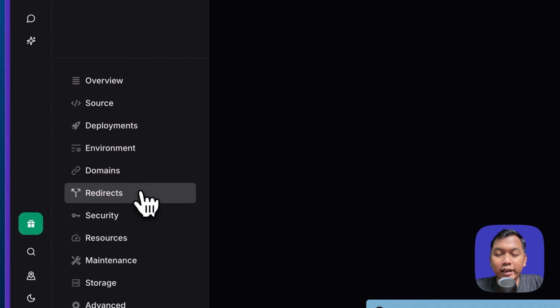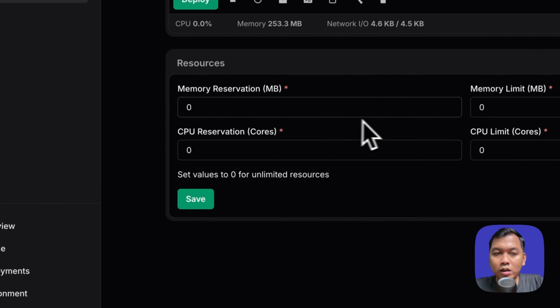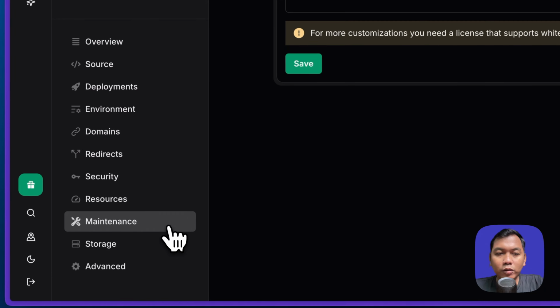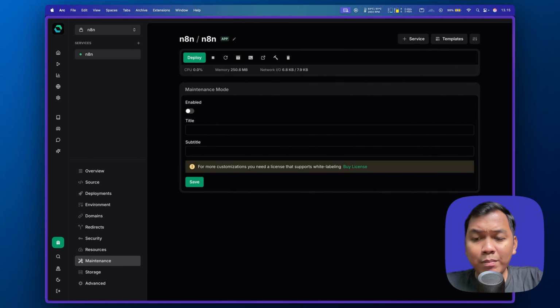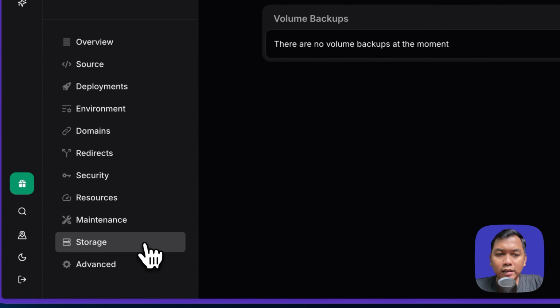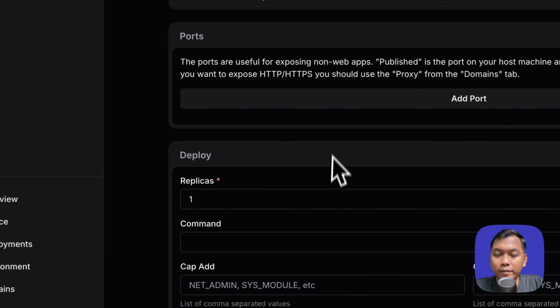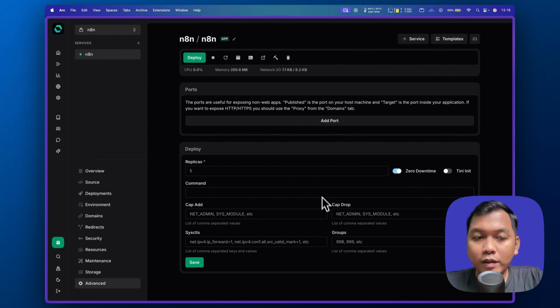And then redirect, if we want to set up redirection, and then security and resources, we can set it here, and also maintenance mode if we want to update or maintain the app, the storage here, and advanced here. We can set up all things inside the project.